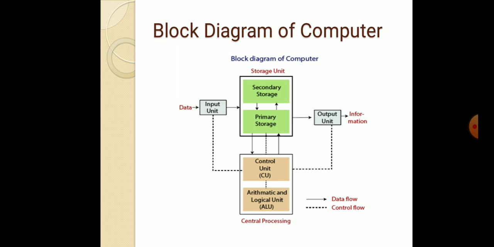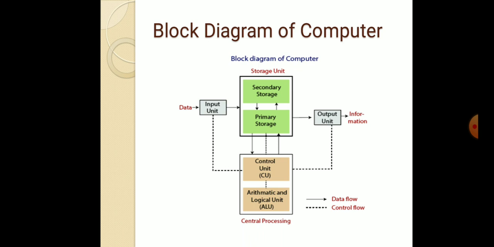In the CPU we have two parts: number one is the control unit and number two is the ALU. The control unit is the overall controller of our activity: how our input device is working, how our output device is working. Everything is controlled by the control unit. Another one is the arithmetic logic unit, which is basically used to perform arithmetic and logical operations. For example, suppose we want to add two numbers, so the addition will be performed in the arithmetic unit.